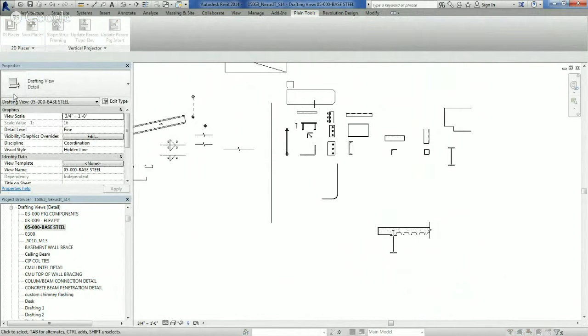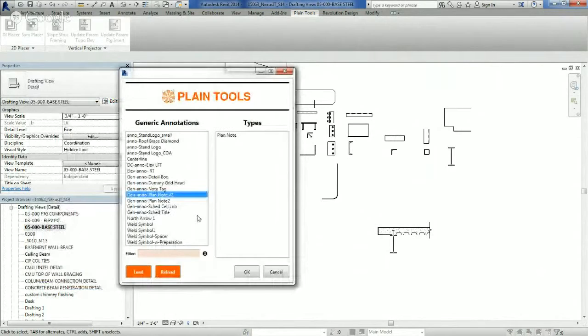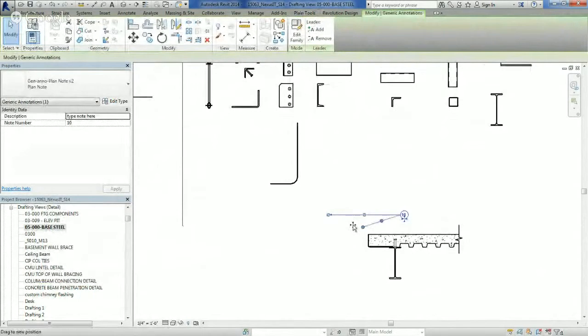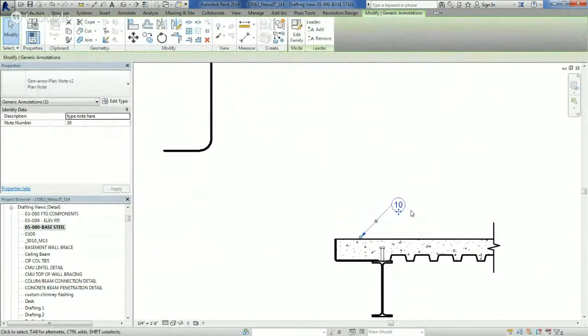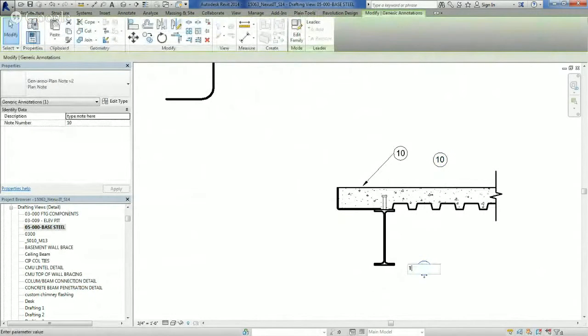So here's my symbol placer. Unfortunately, that one came over here on this screen too. Okay, so I want a plan note, put that over here. Add that, CS for create similar. Okay, I want to note those up. One. Add a leader,